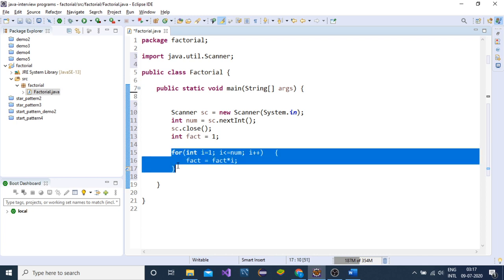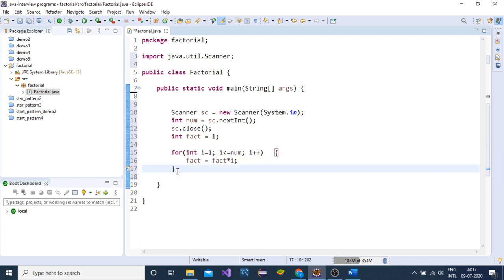This will give the factorial, and once we achieve the factorial, we will print it at the last.